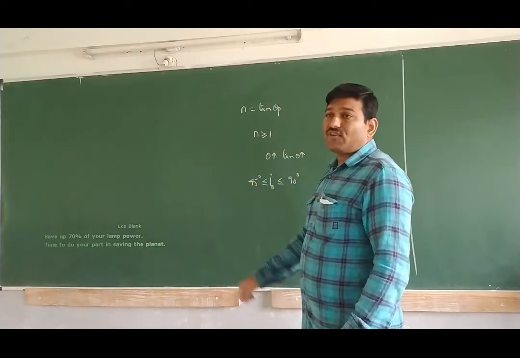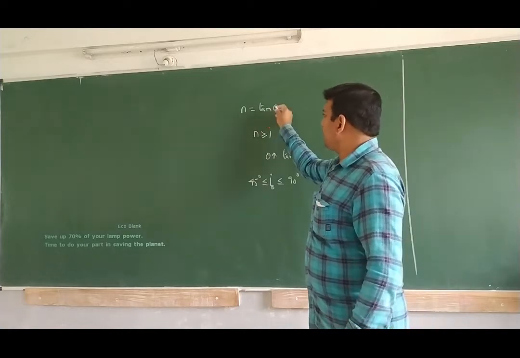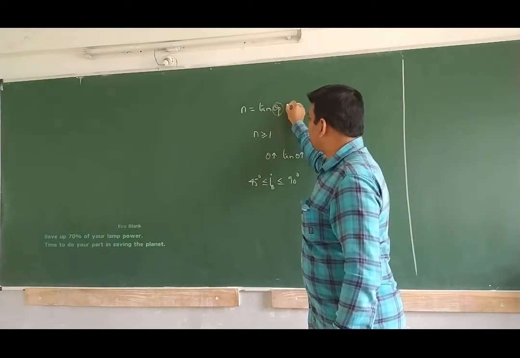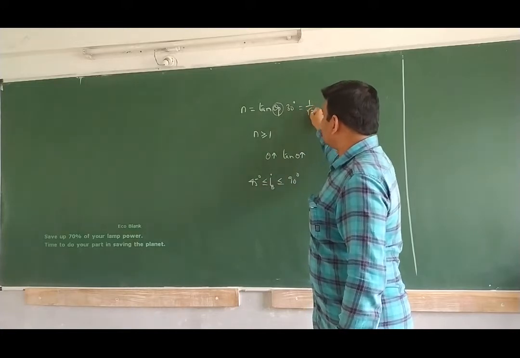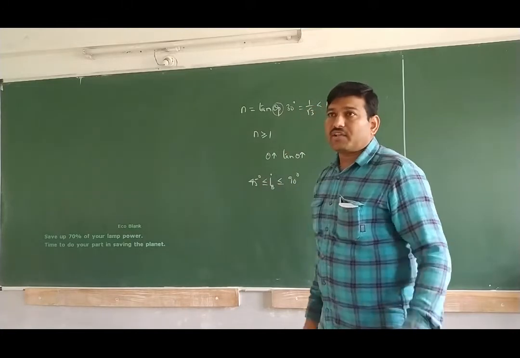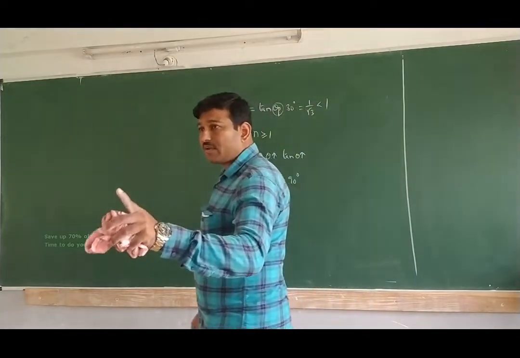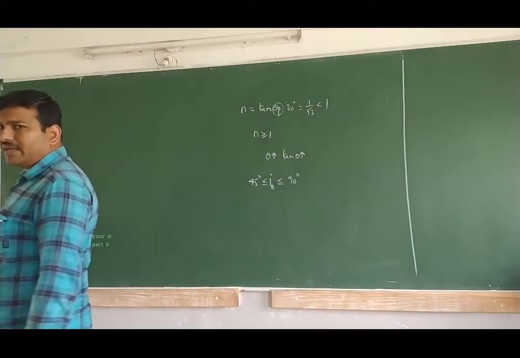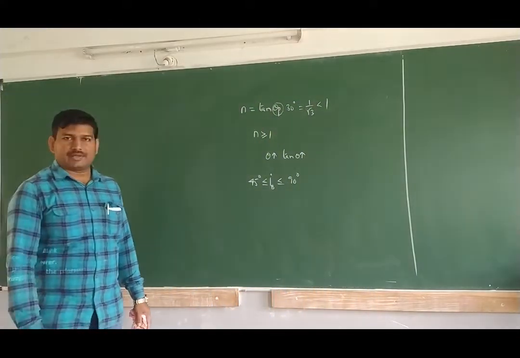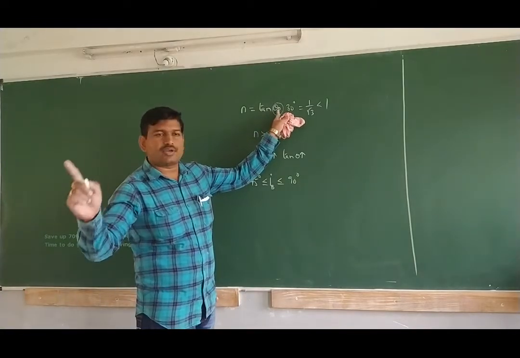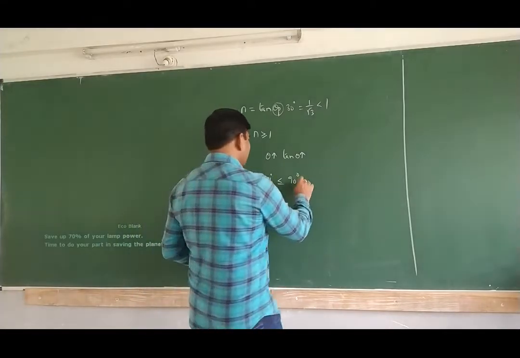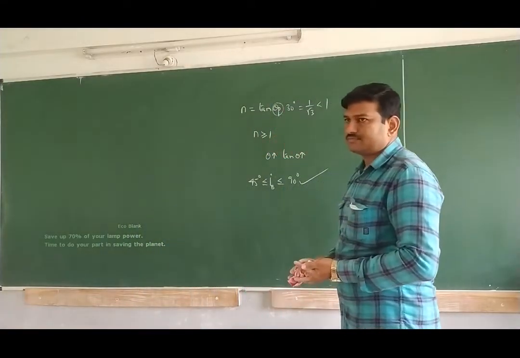If it is less than 45, what happens? If theta P is less than 45, let me take it as 30 degrees. Tan 30 is how much? 1 by root 3, which is less than 1. It is not possible. Absolute refractive index can never be less than 1. It is always greater than or equal to 1. Therefore, theta P should be greater than 45 only. Okay, so that is the right answer. Next one.